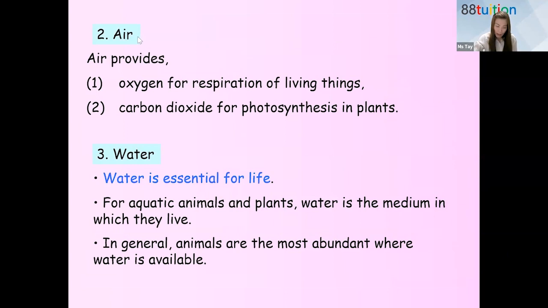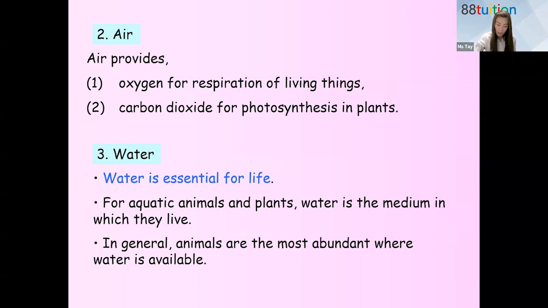So if you talk about air, air is not just all about oxygen. In primary school, we only focus on oxygen a lot. But in secondary school, you need to know carbon dioxide in air is also important for the plants. Because in primary school, all you care about is that living things need air, food, and water to survive. So the air part, we only focus on oxygen mainly, right? So the oxygen is for living things to survive.